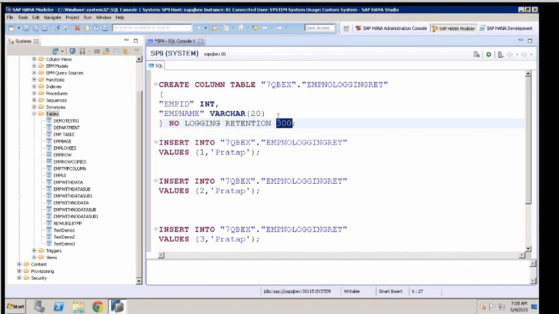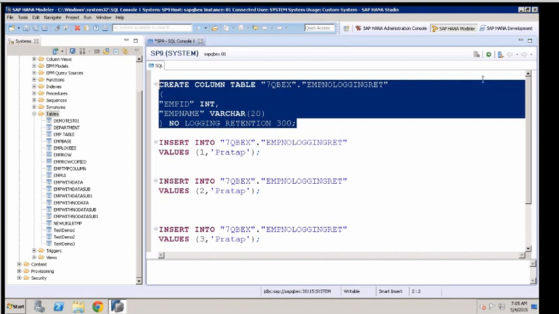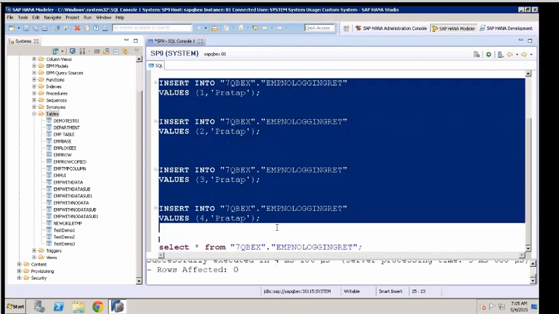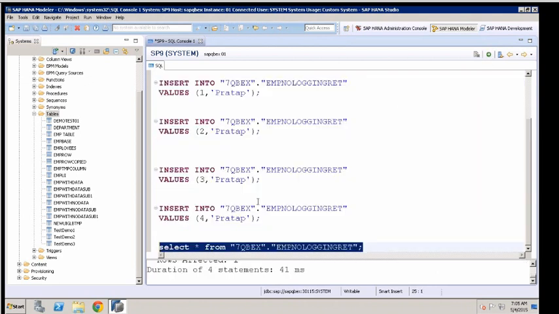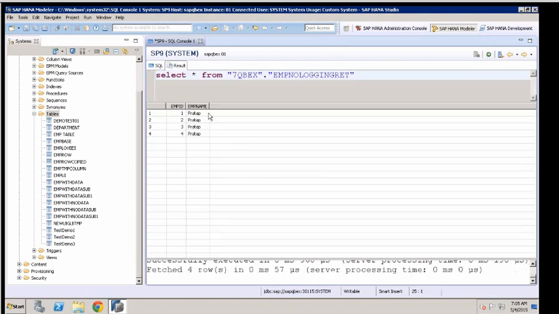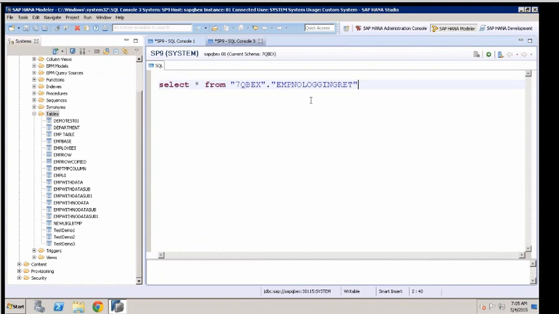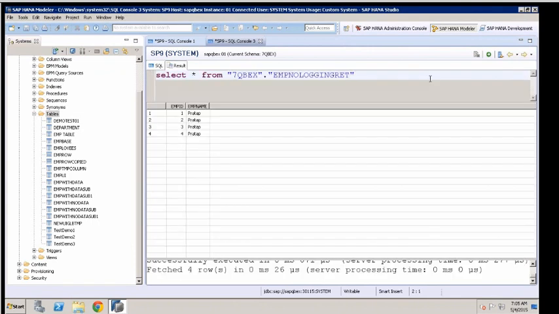Now I just create this table and I insert. Even if I open a different session, I can still see these records. What is good? Data is global.